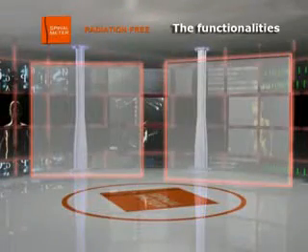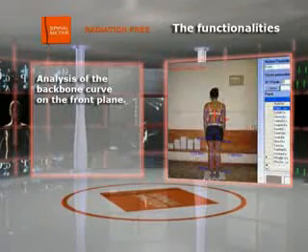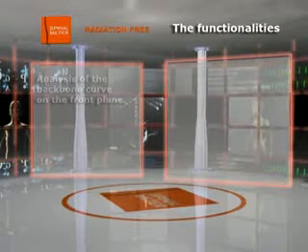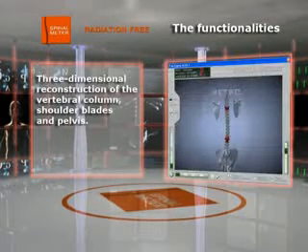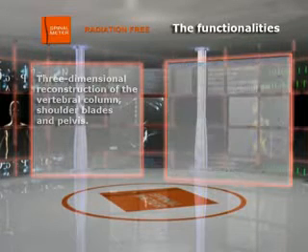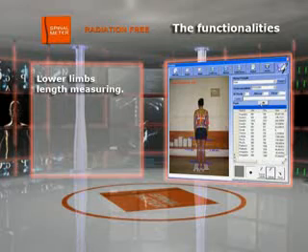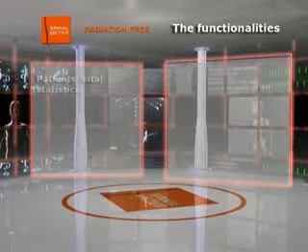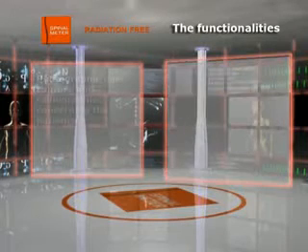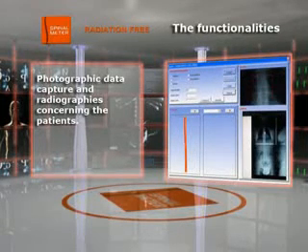In brief, SpinalMeter's main features are: analysis of the backbone curve on the front plane, three-dimensional reconstruction of the vertebral column, shoulder blades, and pelvis, lower limbs length measuring, patient's vital statistics, photographic data capture and radiographies concerning the patients,